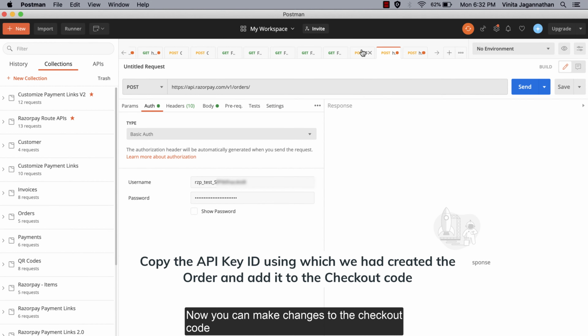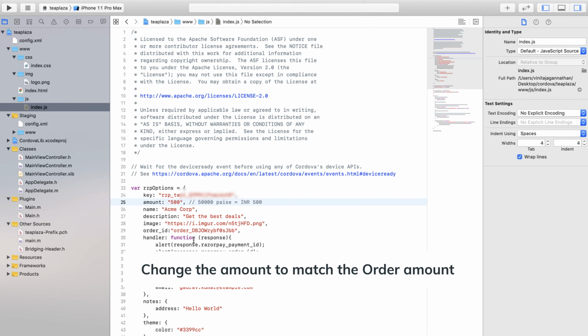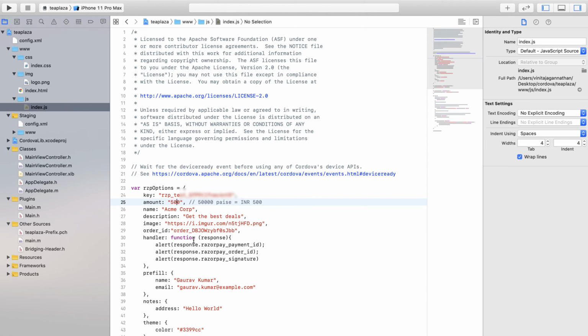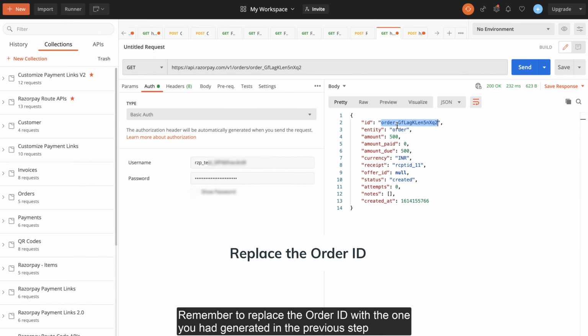Now you can make changes to the checkout code. You can update the API keys, change the amount, even the checkout theme color, and change the customer email and contact number. Remember to replace the order ID with the one you had generated in the previous step.